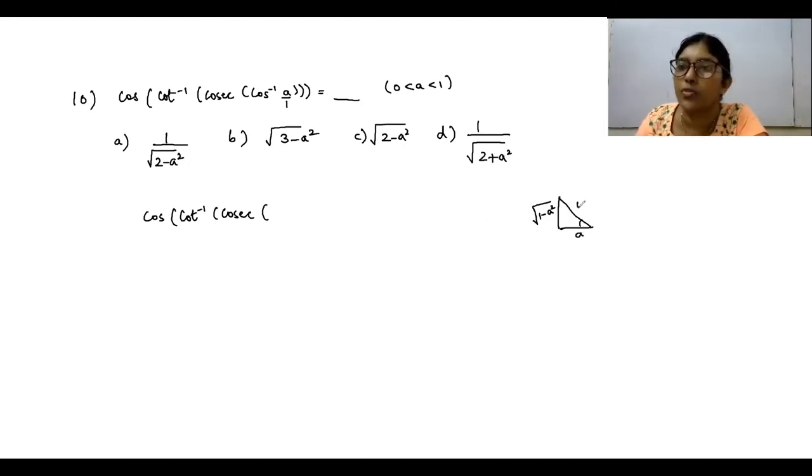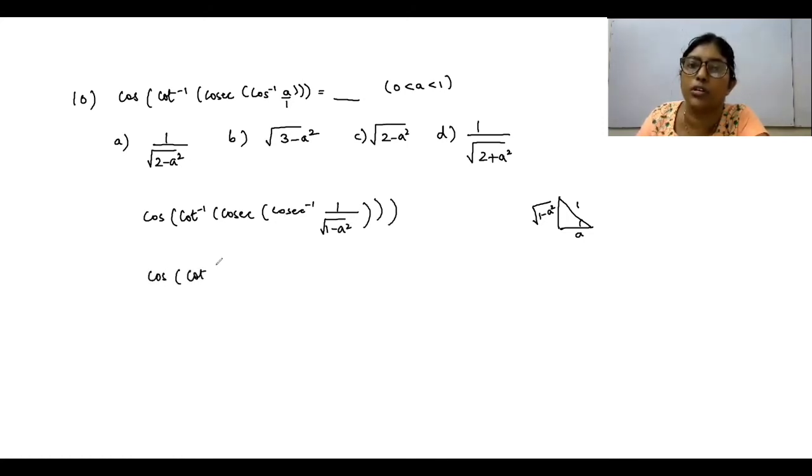So cosec inverse will be hypo upon the opposite. Sorry, we have to write cosec inverse first. Yeah, cosec inverse of 1 upon root of 1 minus a square. So now cosec and cosec inverse will be nullified, and we have cot inverse of 1 upon root 1 minus x square. So we'll make another triangle now,